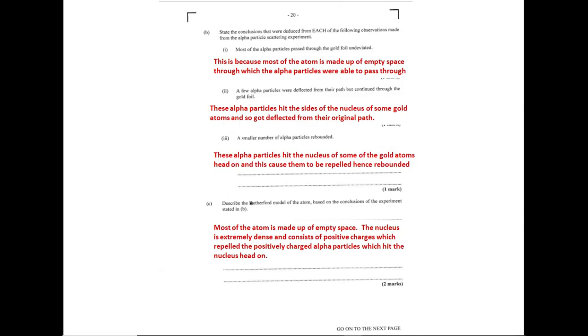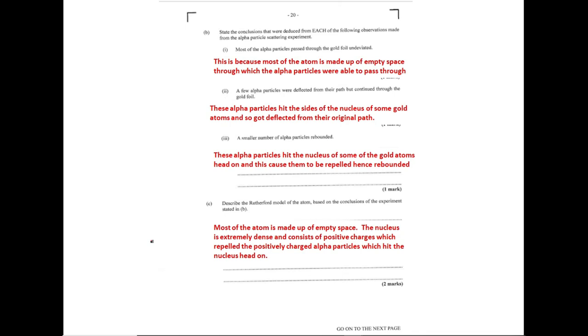Alright, so it says, describe the Rutherford model of the atom based on the conclusion of the experiment stated in B. Most of the atom is made up of empty space. That's what he showed. And the nucleus is extremely dense and consists of positive charges which repel the positively charged alpha particles which hit the nucleus head on. Students, make sure you read all the scientists in atom, physics of the atom, that chapter, because sometimes they don't